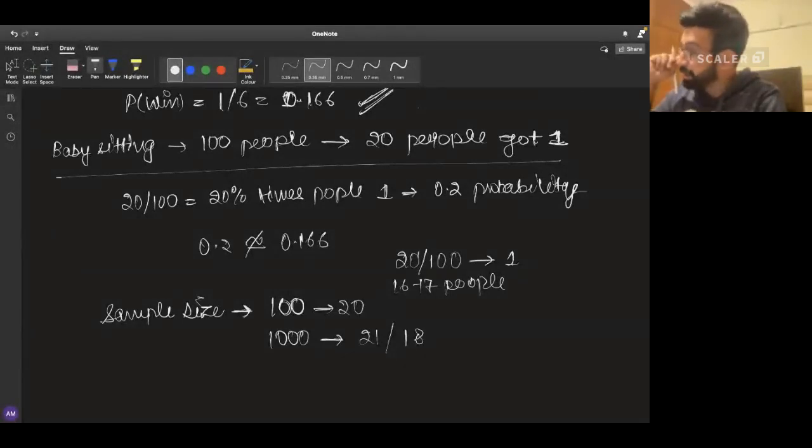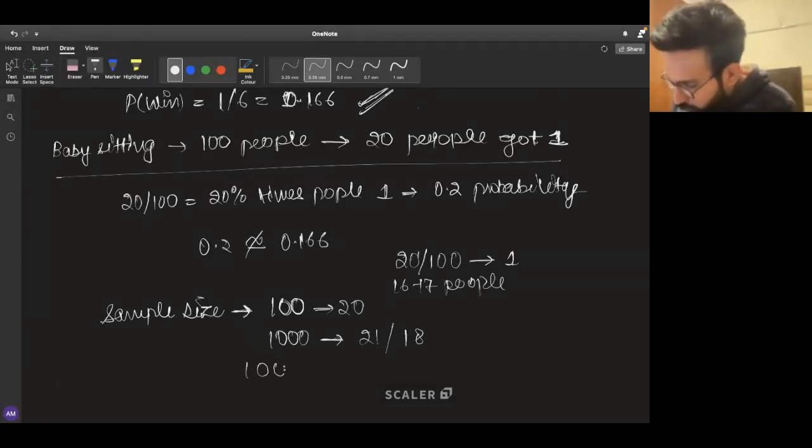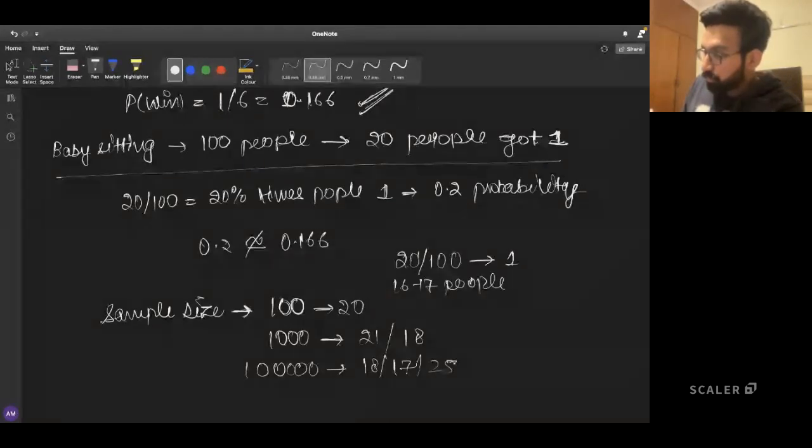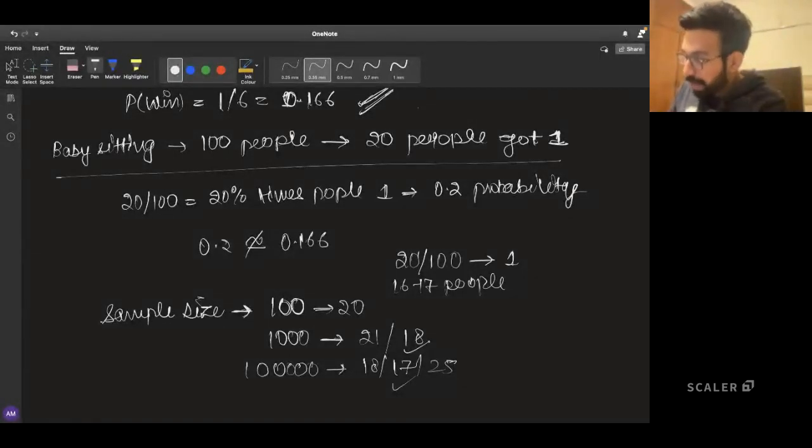What is more possible? Yes, of course, 21 is also possible, but what is more likely? What if I actually make it 1 lakh? What do you think? Will it go more towards 18? Will it be closer to 17? Will it be closer to, let's say, 25? 17, right? So here I'm trying to make a point that when you increase your sample size, you